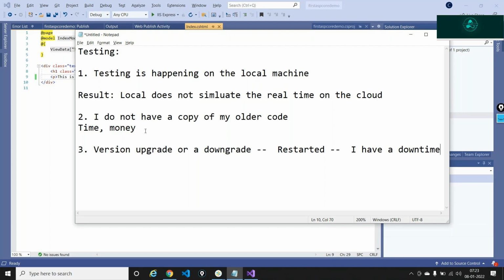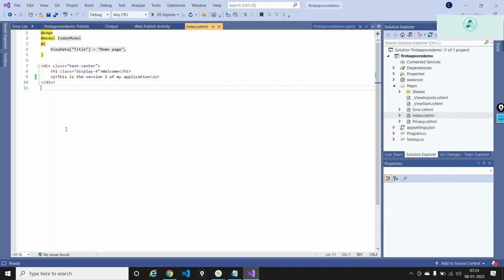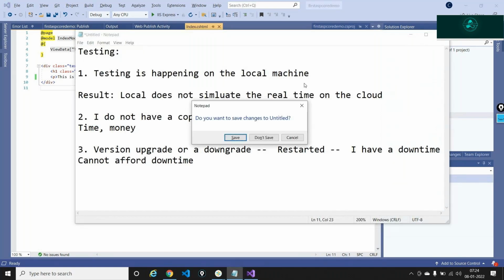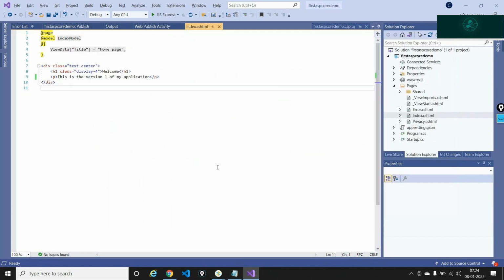But companies usually do not enjoy the luxury of time. They cannot afford downtime, because each and every time there's a downtime, I am telling the customer to not use the application at that point in time. So we cannot afford downtime here. And if the application is global, meaning it is being used all across the world, it makes it more complicated, like Facebook, where you don't see Facebook being down, right? Even if Facebook is down for a minute or two, there's a lot of fuss going around telling that Facebook is down and all that stuff.